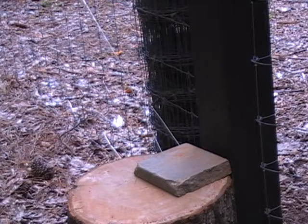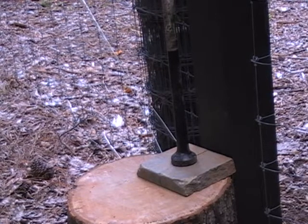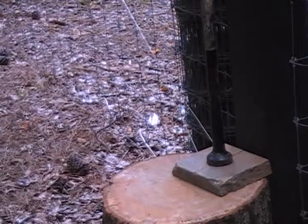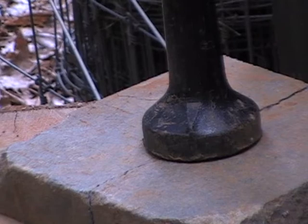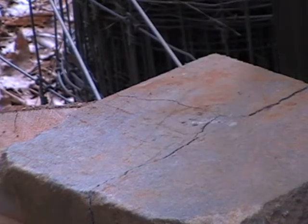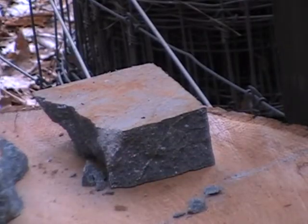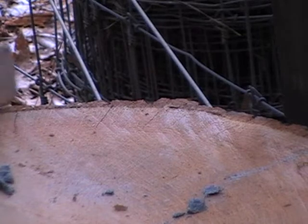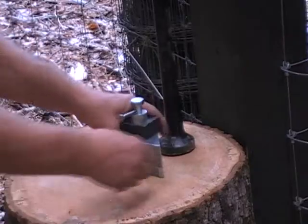Okay, here goes. Alright, so all it really did was just put a big crack in it. But pretty stuff. So, that's what it did to the soapstone. Now I'm going to go ahead and set up for